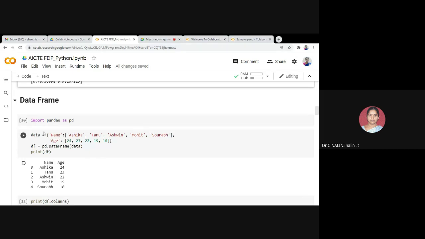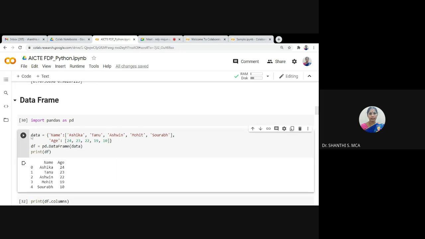The first one is, if we want to use a data frame, import pandas as pd. Then here I created a dictionary, data equal to, with name and age. Okay. So these are key value pairs, name and another one is age. This is a dictionary. Then I am converting this dictionary into a data frame. If our data set is very small, we can easily understand